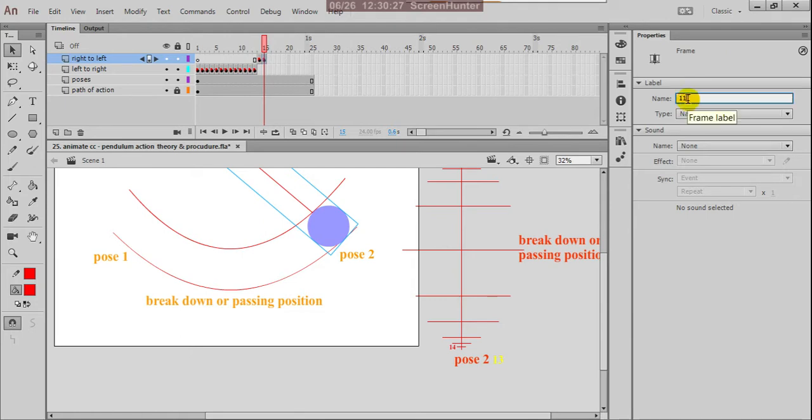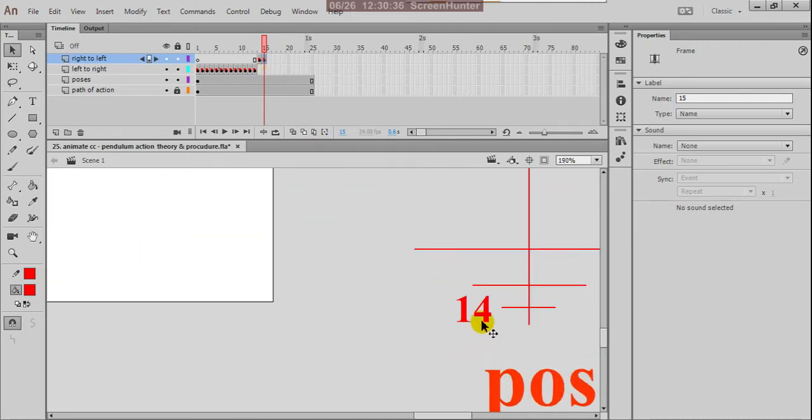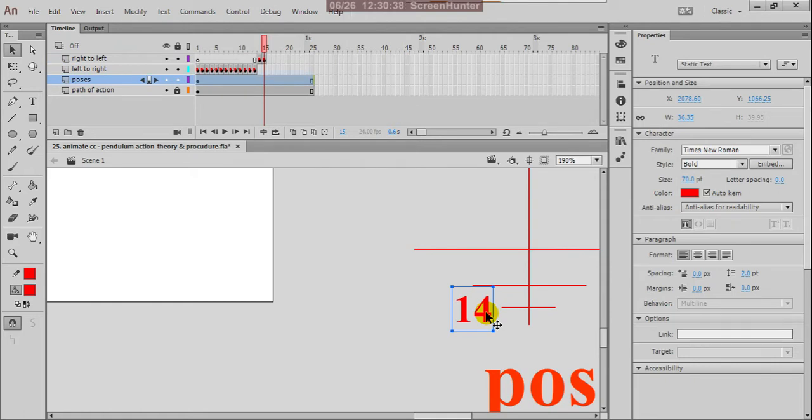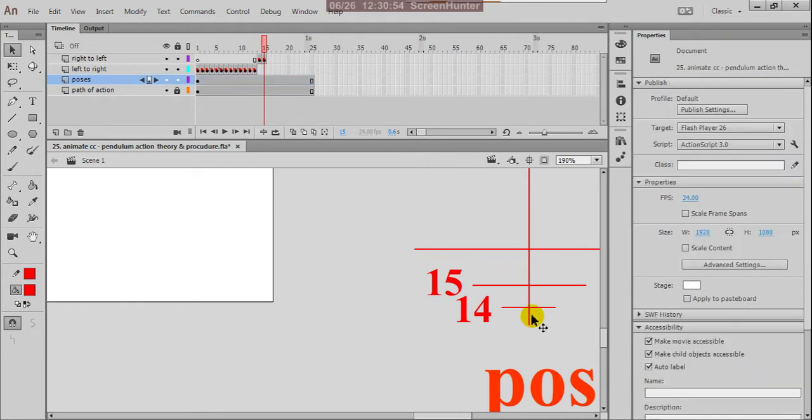Give this the name 15. Duplicate this by pressing Alt and rename it as 15.